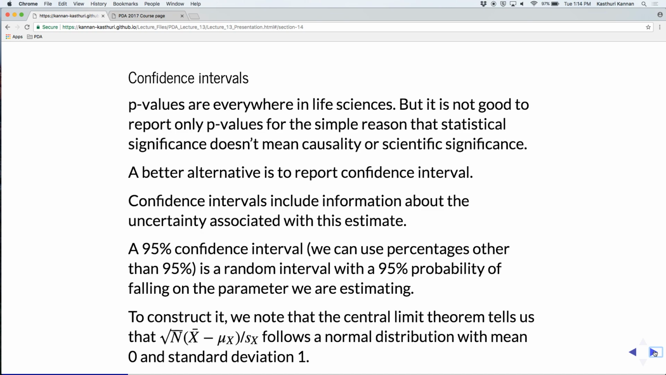Correlations are not causations, and there are so many other things needed to establish causality. It's not just based on the p-value, right? It's just one single number, and that really doesn't reflect what it means. All it says is that the chance of observing a value away from the mean is small, so that the null hypothesis can be rejected, right? So a better alternative is to report the confidence interval, and I would actually harp on this aspect of it,